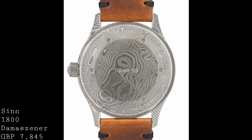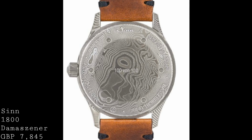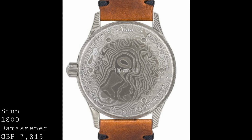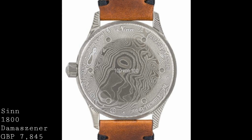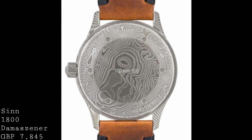And whilst this may seem like a quite conventional movement to most, I must say the grade and the quality of Sinn movements is always superb. Now from my experience with Sinn watches, the accuracy is always very, very good, and really within cost chronometer parameters if you look at, for example, my Sinn 104, which I think is extremely impressive bearing in mind the price